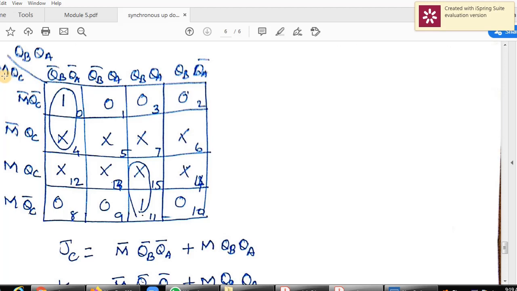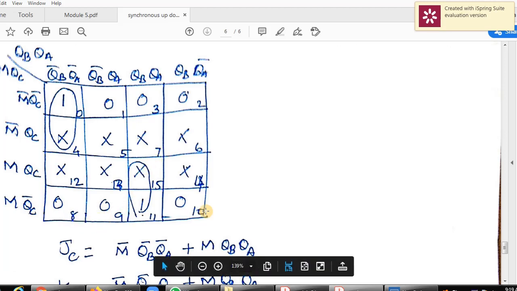So always write M QC here, the first 2 for the rows, and QB QA for the columns. Write the numbers 0, 1, 2, 3, 4, 5, 6, 7, and here 8, 9, 10, 11, 12, 13, 14, 15.